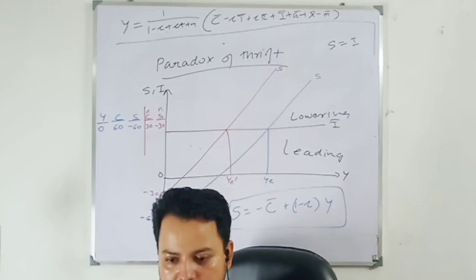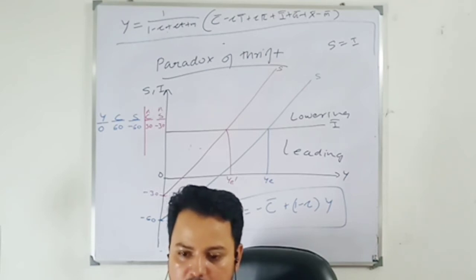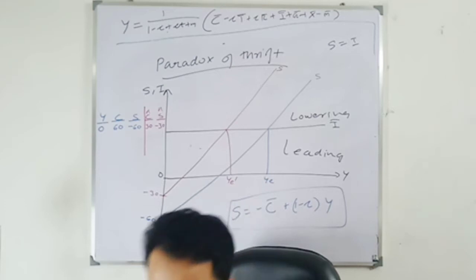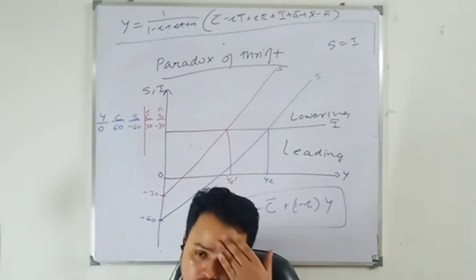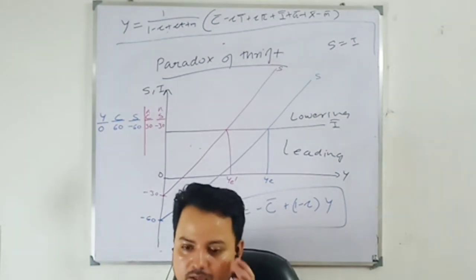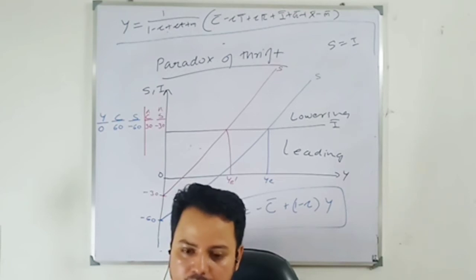So you people can see my screen, right? We have done the Keynesian consumption function and its properties. Factors affecting consumption expenditure I have already sent in the group, but keep it for 5 marks because of the way they are setting the paper. Just keep in mind the argument that I have given; it is sufficient to write that answer. Saving function and its properties, this we have done already.